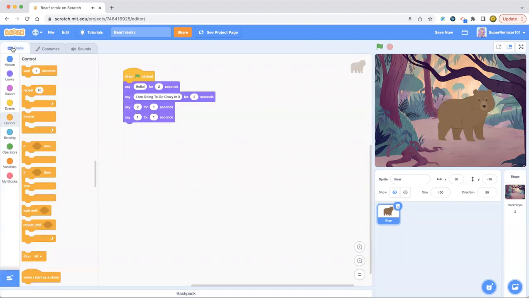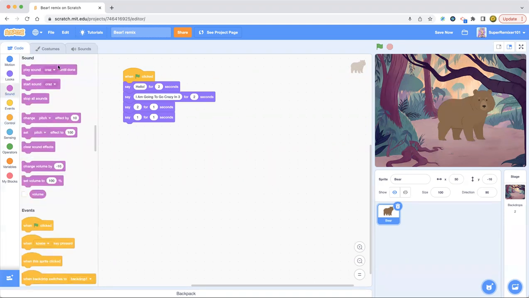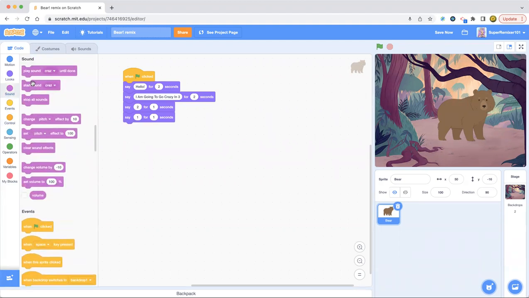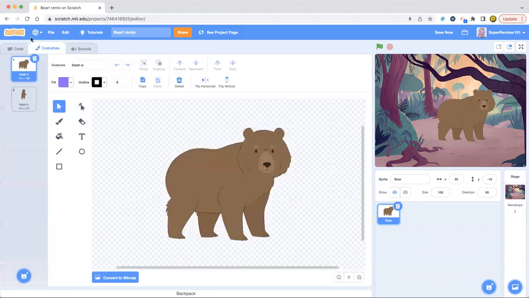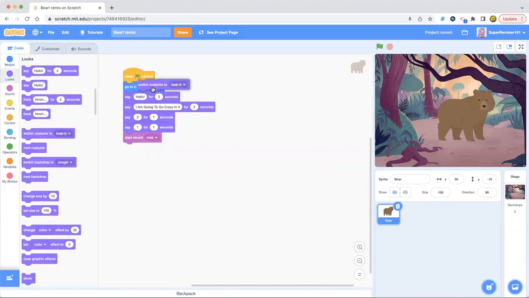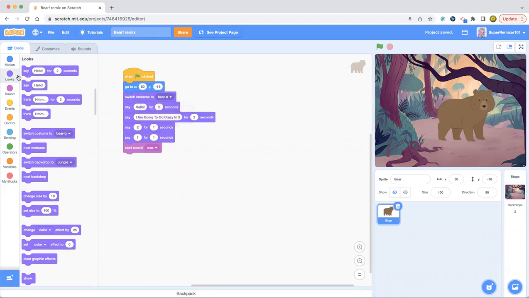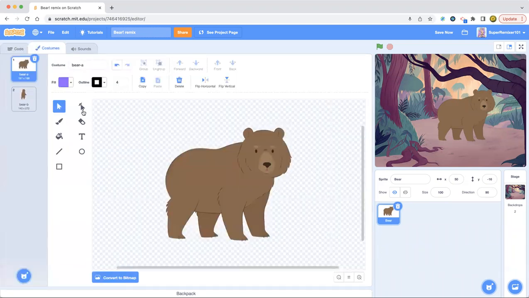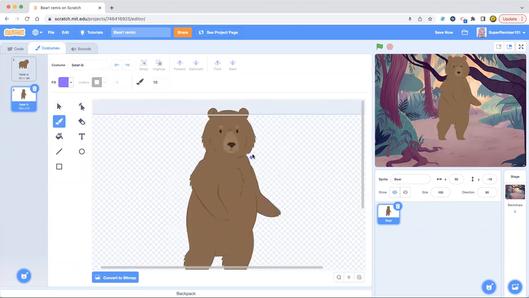Okay, so now we are going to be putting the sound effect in. So, craze. Now we're gonna start sound craze, and then we're gonna make a costume. So first we're gonna go to this position, bear A, and then we're going to be doing something like point in direction 90 because we're going to be spinning this bear like crazy. So then when he stands, then he's like, oh yeah,